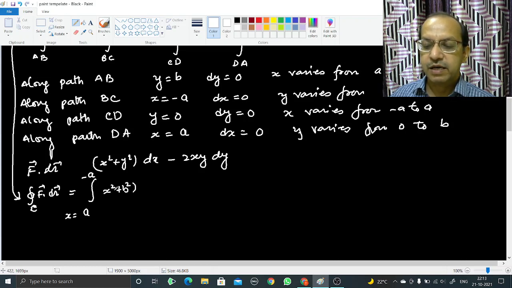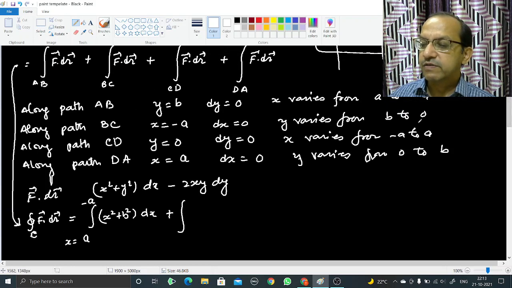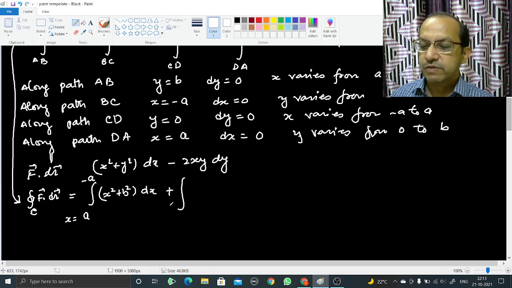The second integral, plus, along path BC, y varies from b to 0. X equal to minus a, so dx equal to 0. Dx equal to 0 means the first term is 0, and x equal to minus a means it will be equal to 2ay dy, plus